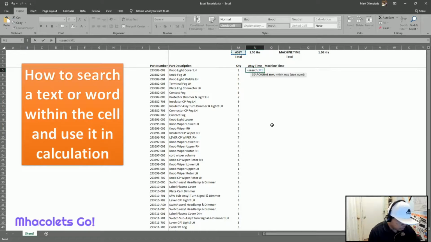Then you need to press F4 so it will put the dollar signs on the cell. Meaning when you copy this formula, it will not move from this cell. Okay, so we're going to find the assembly or ASCII in these data sets. So within text, we'll just click this cell,